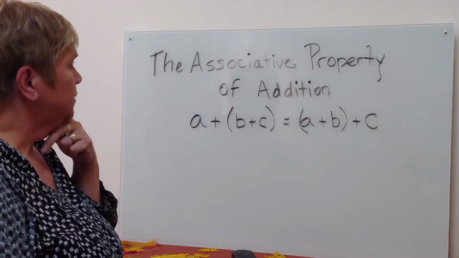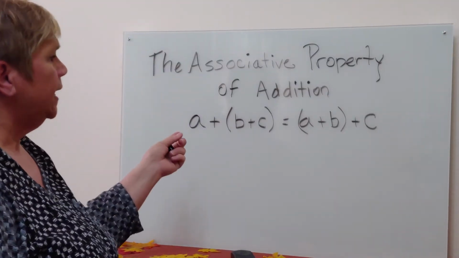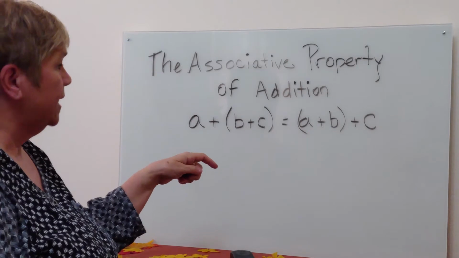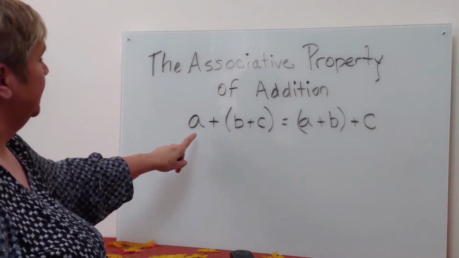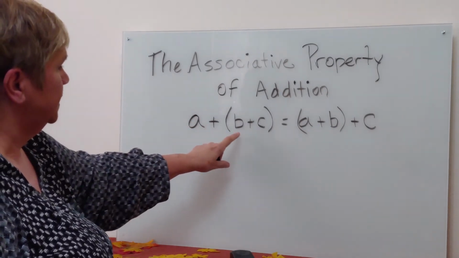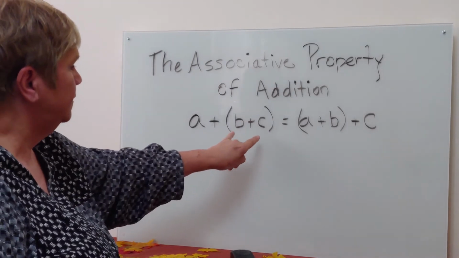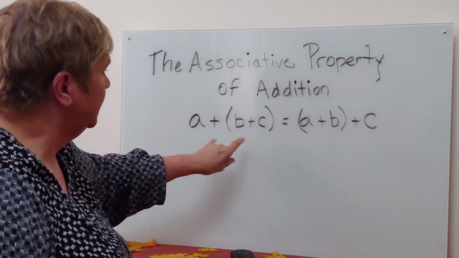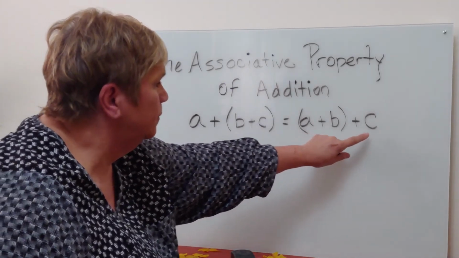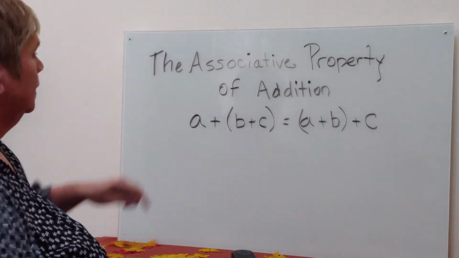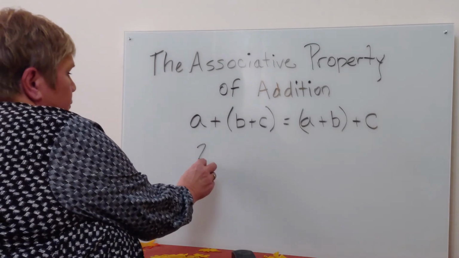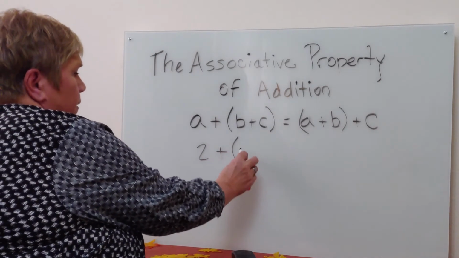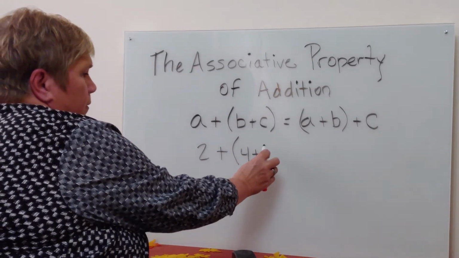The associative property of addition is the next property that we'll talk about. This one has to do with the order in which we add numbers. So it's simply stating that if I have 3 numbers, A, B, and C, if I add these 2 together and then this one, it equals the same as if I add these 2 together plus this one. So simply stated, we have 2 plus 4 plus 3